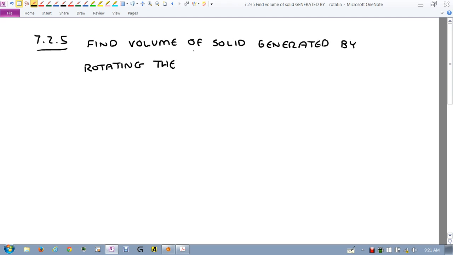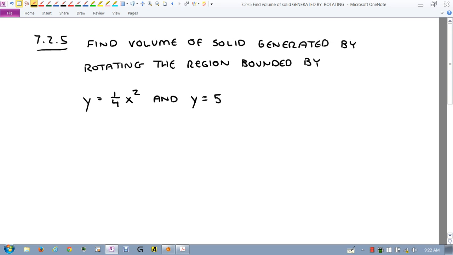By rotating the region bounded by y equals 1/4 x squared and y equals 5 minus x squared about the x-axis. I'm writing out all these words for the problem because that's the way they're going to appear